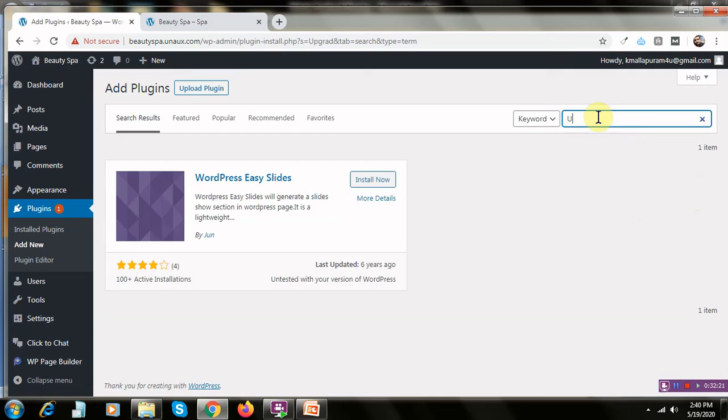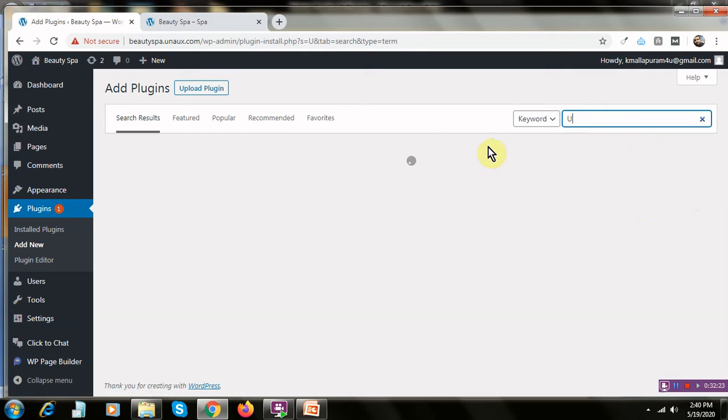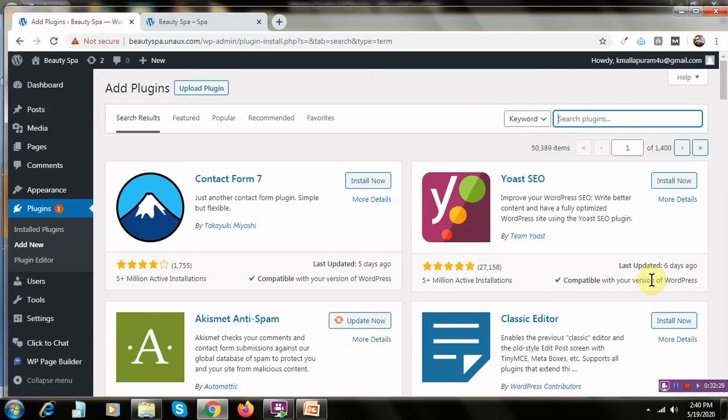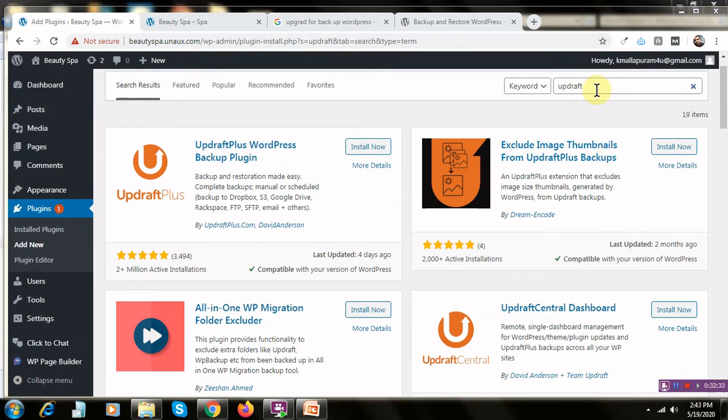Let's see why it is not coming in. Let's refresh this again. So it is Updraft, not Upgrade. Search for that plugin, install it and activate it.